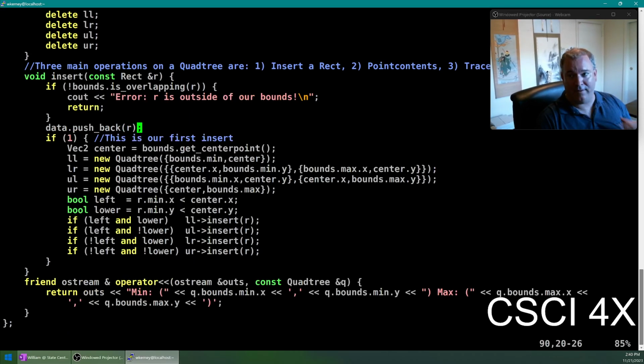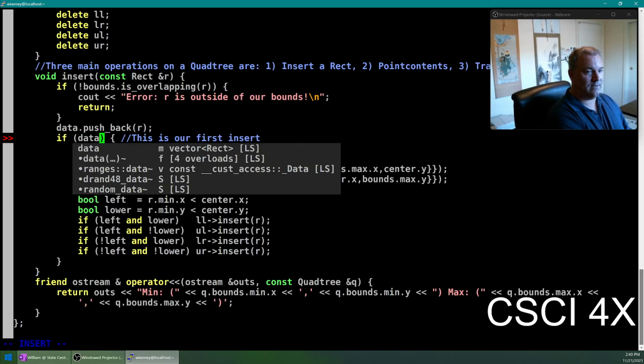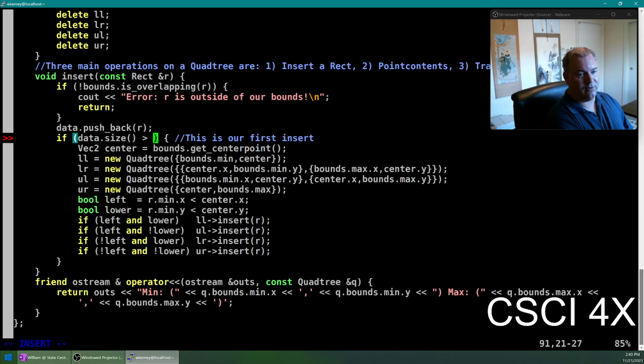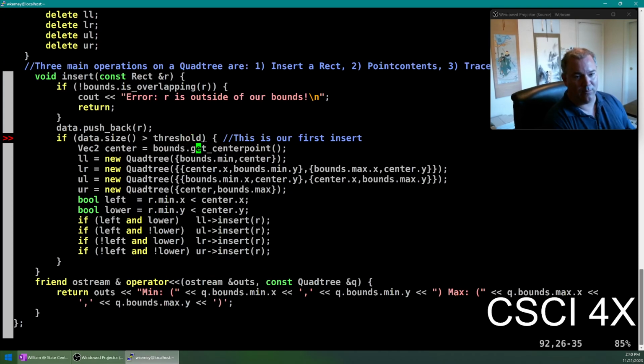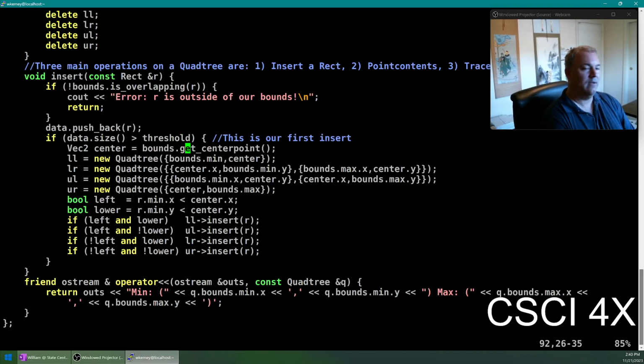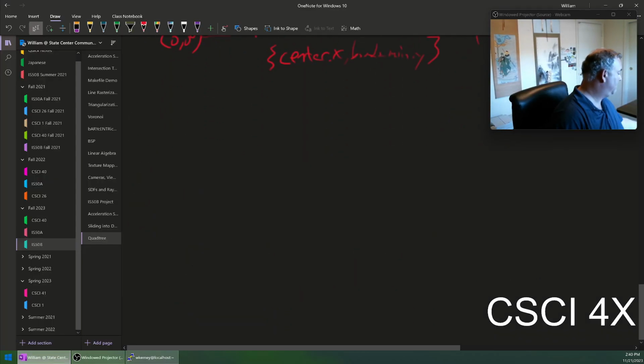This is going to copy the rectangle in, and we're good. Now, if we ever exceed our threshold, so if data.size is ever greater than threshold, then we're going to subdivide. Okay. That makes sense? So when we start off,